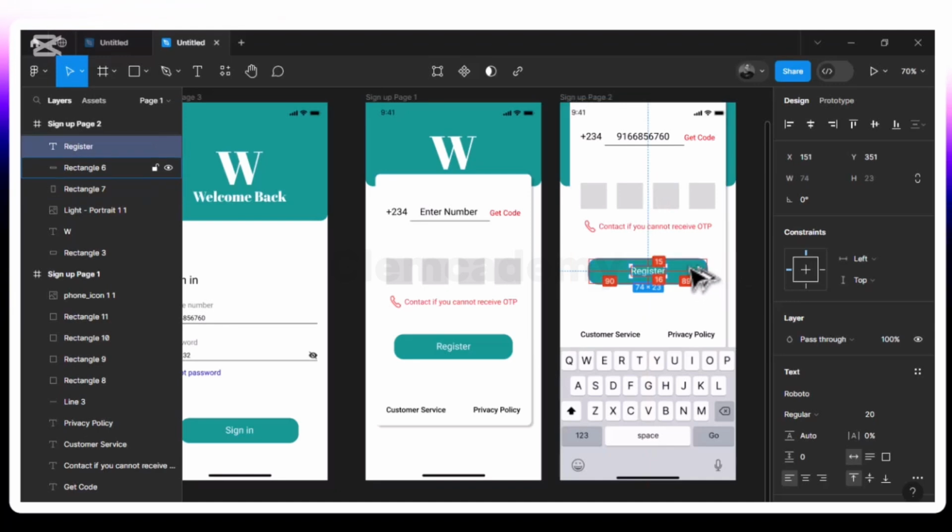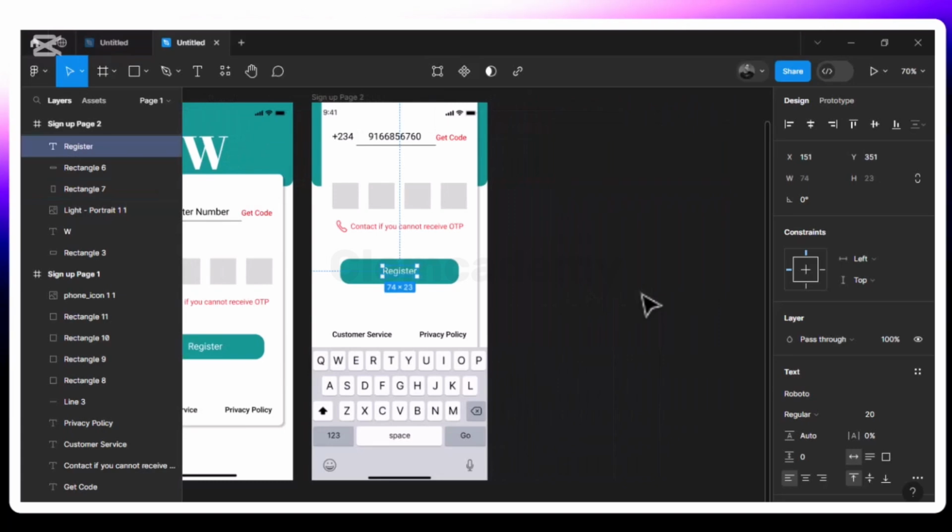Okay. Make sure it's properly aligned. Alright, so we're done with this. We need to duplicate this so we can have the next page where we're done typing in our phone contact,